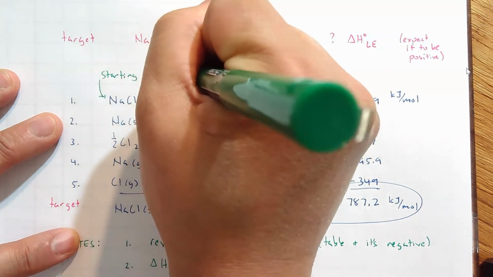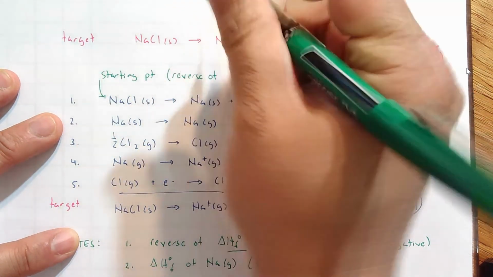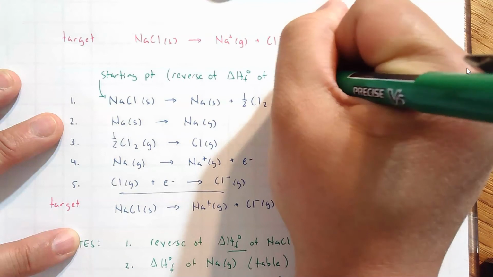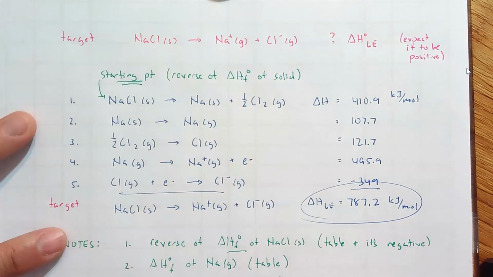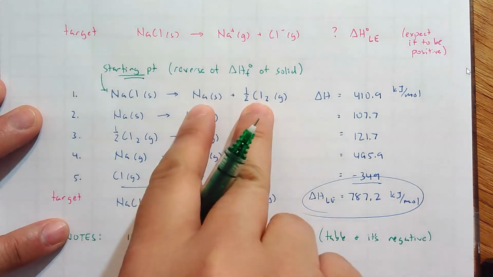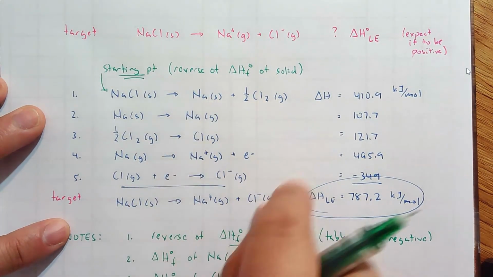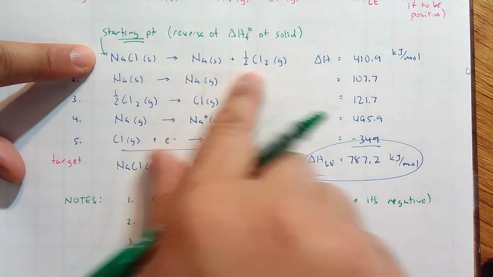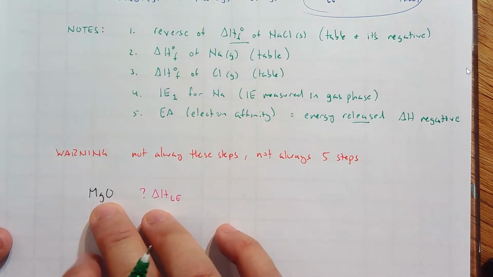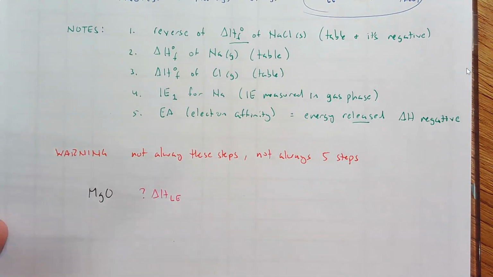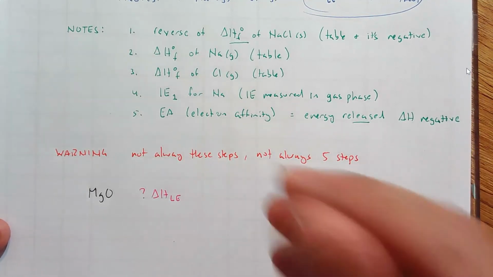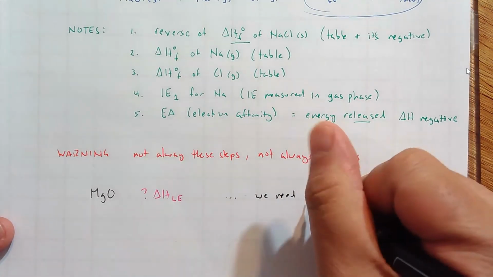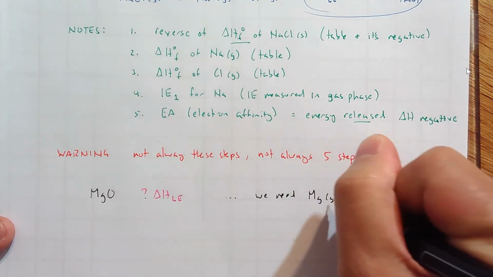This is the reverse of the delta H of formation of the solid. Always have that as a starting point, and then you're off and running, because you've got to get these now individual elements into their gaseous ions. So start there. We start with the reverse of the formation of MgO, but eventually we need to ionize magnesium gas,